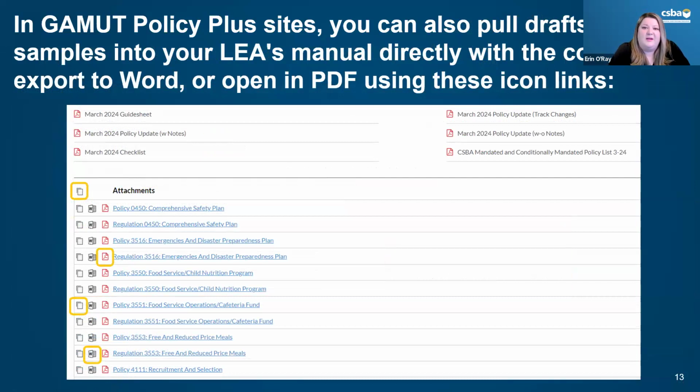Whereas that copy icon at the top allows you to pull over the drafts of the entire update all at once in one click. You can also use the Word icon. Clicking on that will export the update document into Word. And then additionally, if you click on the links for the PDFs, you'll be seeing a version of the update without notes in PDF. Next slide, please.